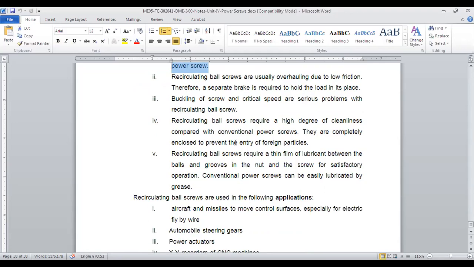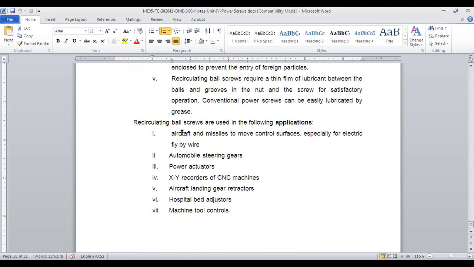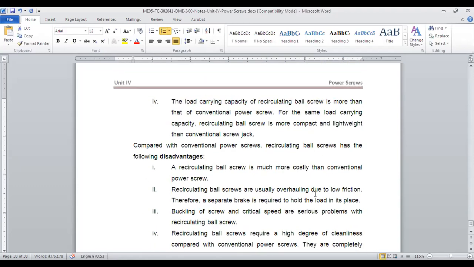Their disadvantage is that if there is dust or cleanliness is not there, then they will not work properly. So these are some examples for the reciprocating ball screw, where they are used: in aircraft, missiles, automobile steering gears, power actuators, CNC machines, aircraft landing gear. These are all precise applications, where we need very precise movement and less friction,